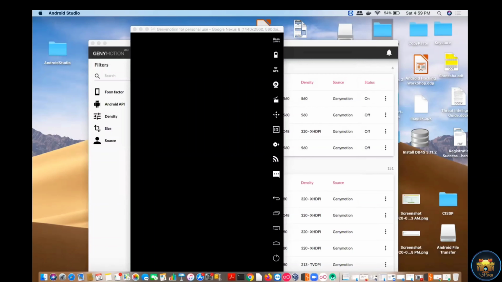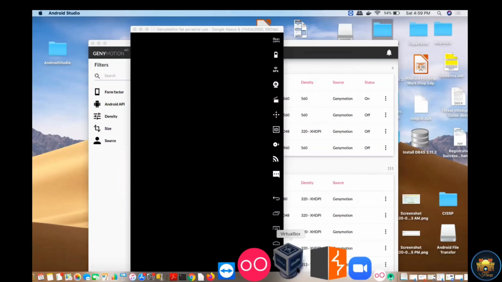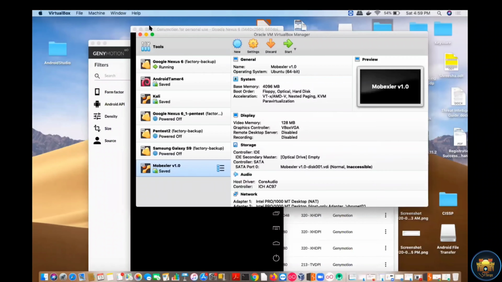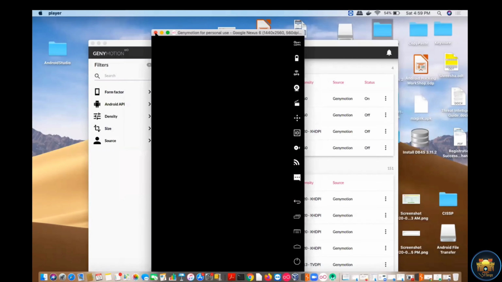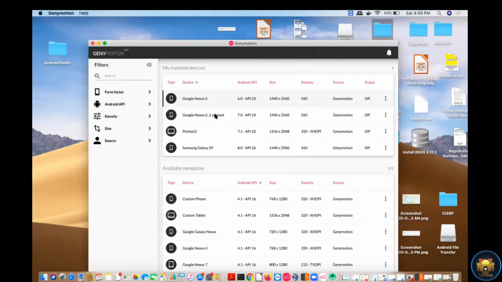Looks like something went wrong, so it's not opening. Let me check here. It is running. Okay, no problem. So let me start this one.